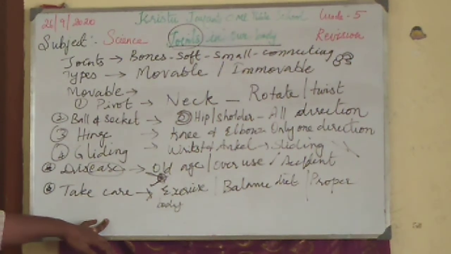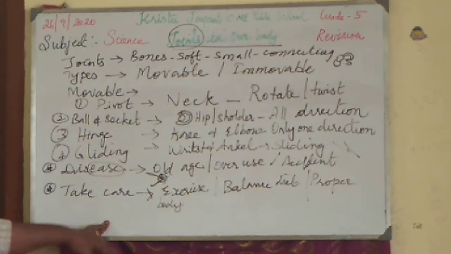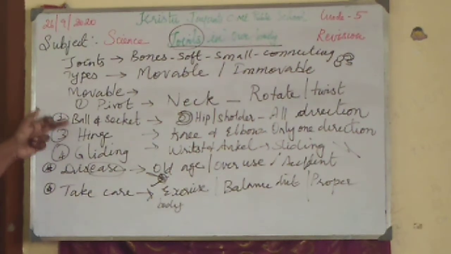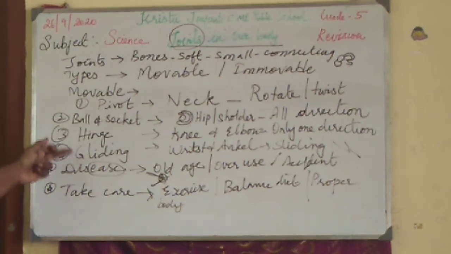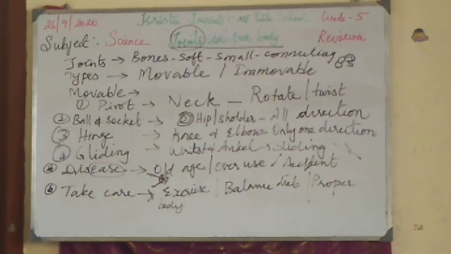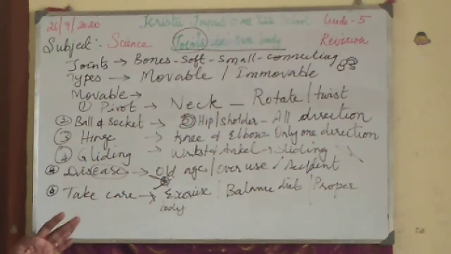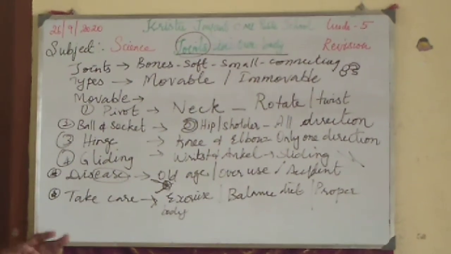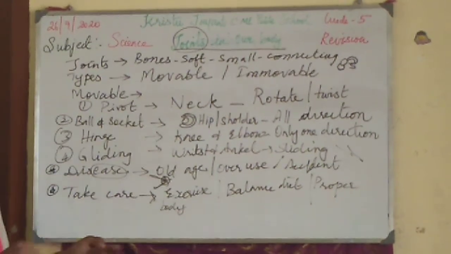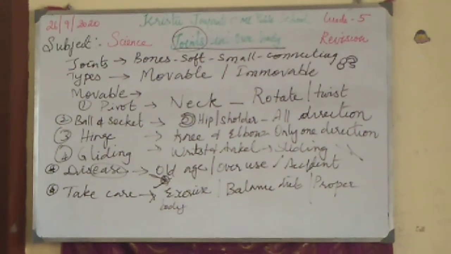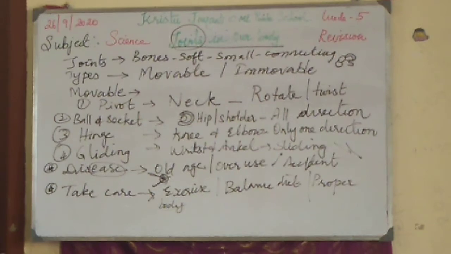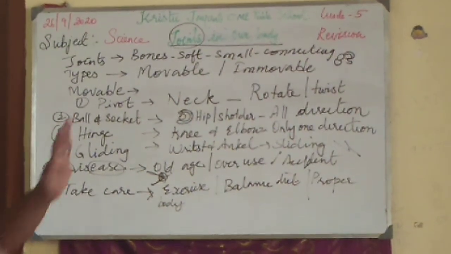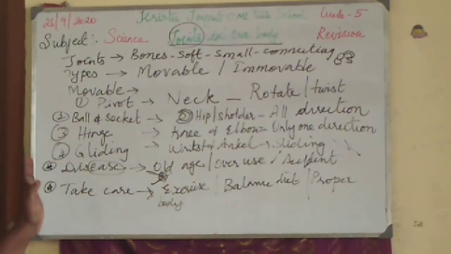For example, without giving any question in the classwork, simply if I ask, what is the difference between a ball and socket joint and a gliding joint? You just imagine, I have not given this question in your classwork, and it is not there in your PQ question from the book back, and it is not there in the workbook. But you should answer. How should you answer? If you listen to my class thoroughly, you can answer.